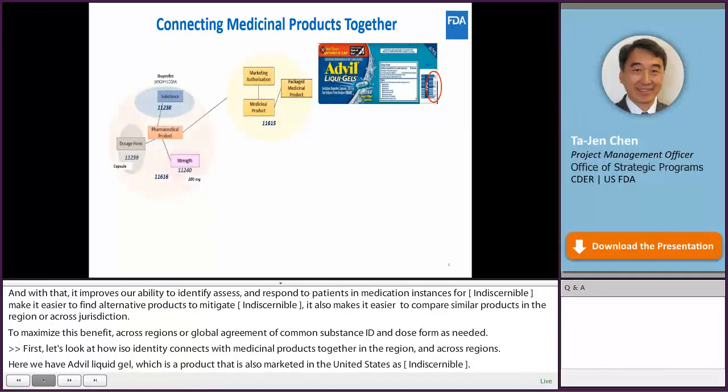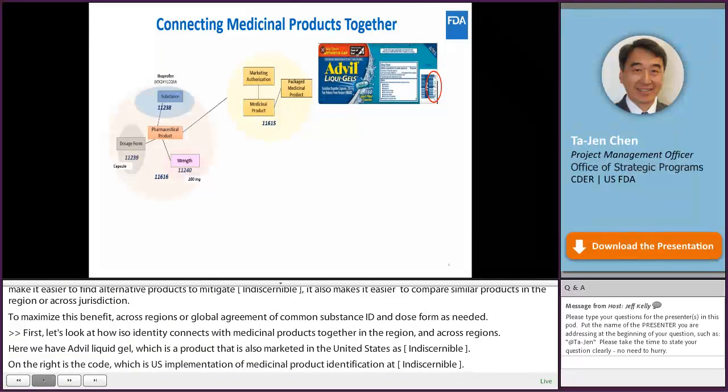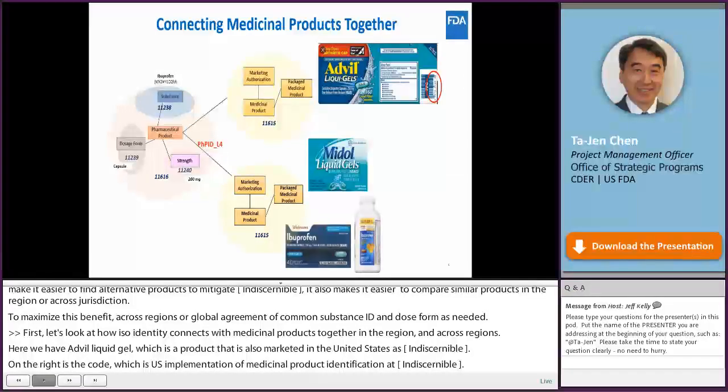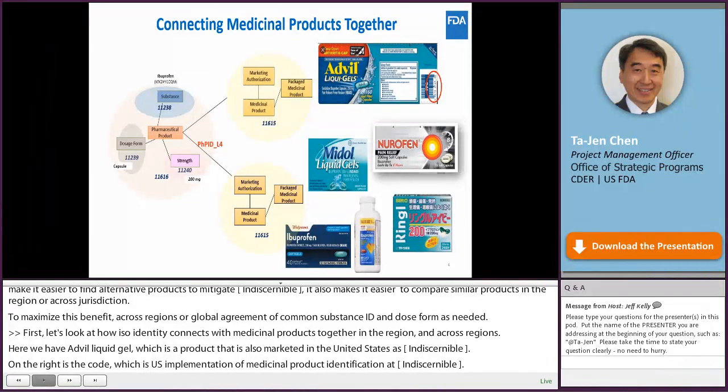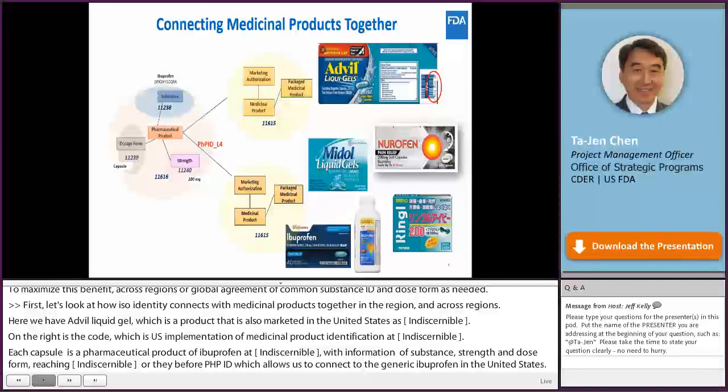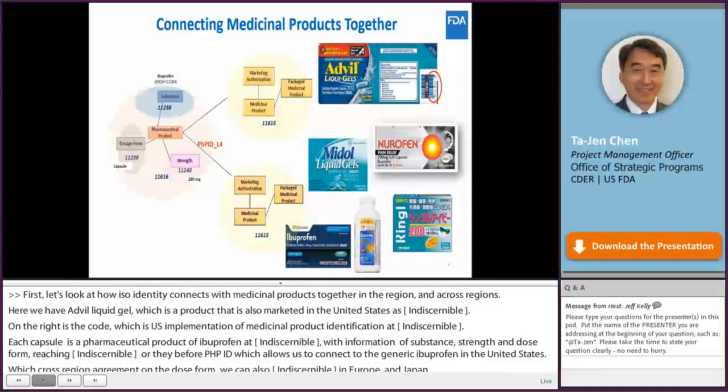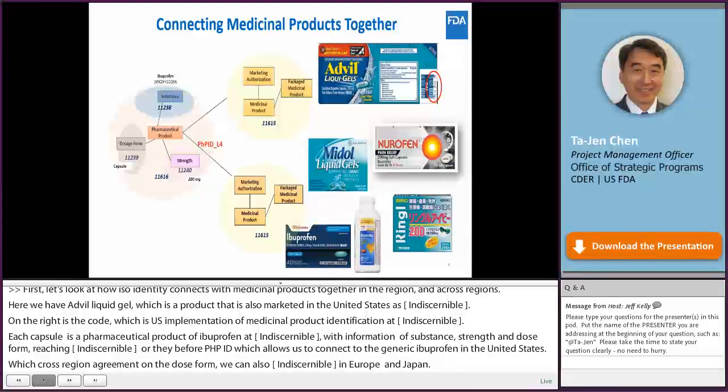Each capsule is a pharmaceutical product that contains ibuprofen at 200 mg. With the information of substance, strength, and dose form, we can calculate a level 4 PhPID, which would allow us to connect to Midol or the generic ibuprofen in the United States. With cross-region agreement on the dose form and substance ID, we can also connect to Nurofen in Europe and Ringo in Japan. Because all these products share similar pharmaceutical composition,